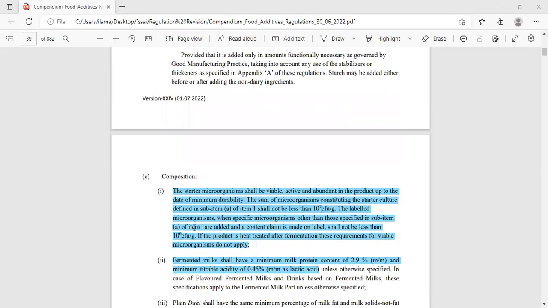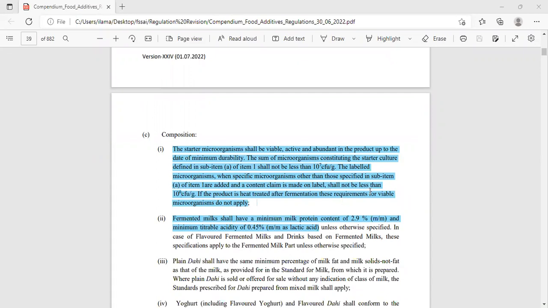And then go through this starter culture value. Here the starter culture value, the sum of microorganisms constituting the starter culture, is not less than 10⁻⁷ CFUs. And note this value: when a specific microorganism other than those specified, that value is to be not less than 10⁻⁶ CFUs. And from yesterday's advertising and claims regulation, we also saw that for probiotic it is 10⁸ CFU